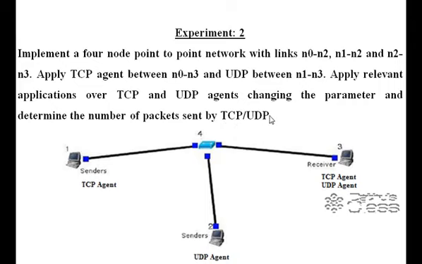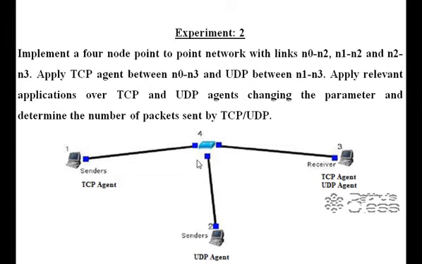So this question has 3 parts. In the first part, it is specifying how to draw the topology. If you carefully observe the question, here the common element is N2. That is, in our topological diagram, we can make this node 4 as N2 and this sender as N0, this sender as N1 and this receiver as N3.